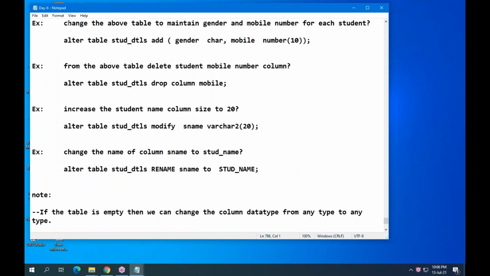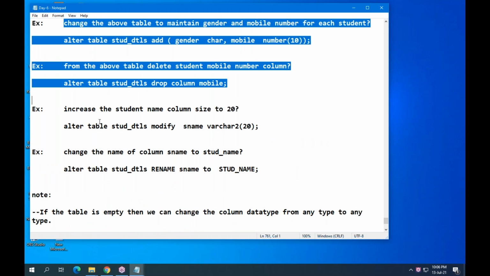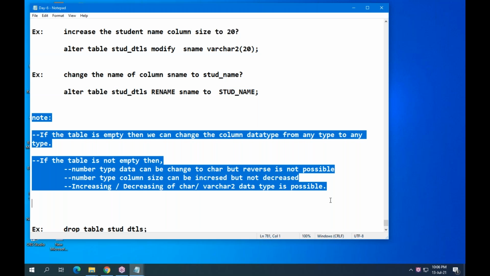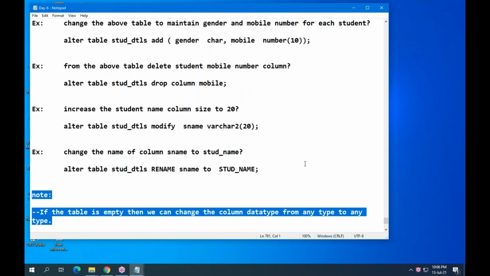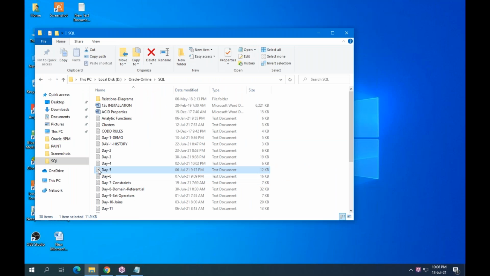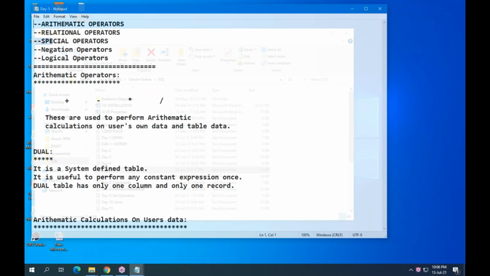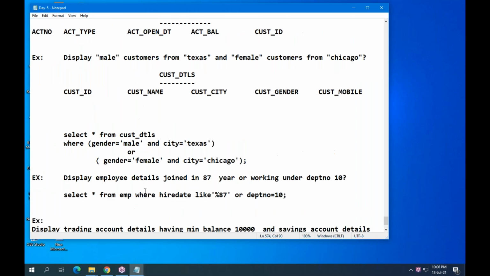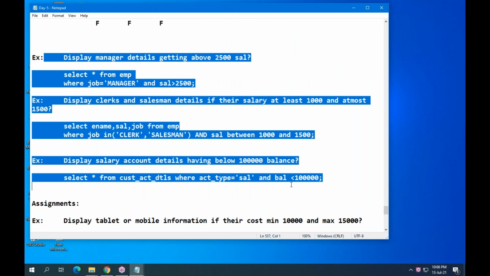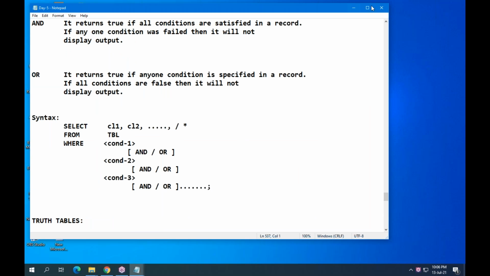You have so many examples and you have a requirement also, meaning assignments. Understand? Not only this, every day's document has the same. Suppose the 5th day document, go to the end. Here some assignments are there and some solved examples are there.